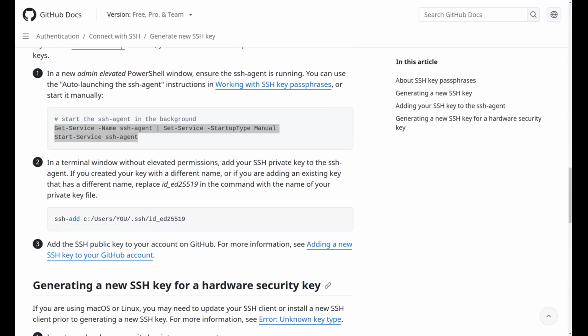Yeah, a couple things. You will have to be in an admin PowerShell. You could correct me if I'm wrong, Professor Tao. I haven't used Windows in a couple years now, but you just right-click the PowerShell and run as admin. So in the search box, you type terminal, and then you right-click on terminal, and then run as administrator.